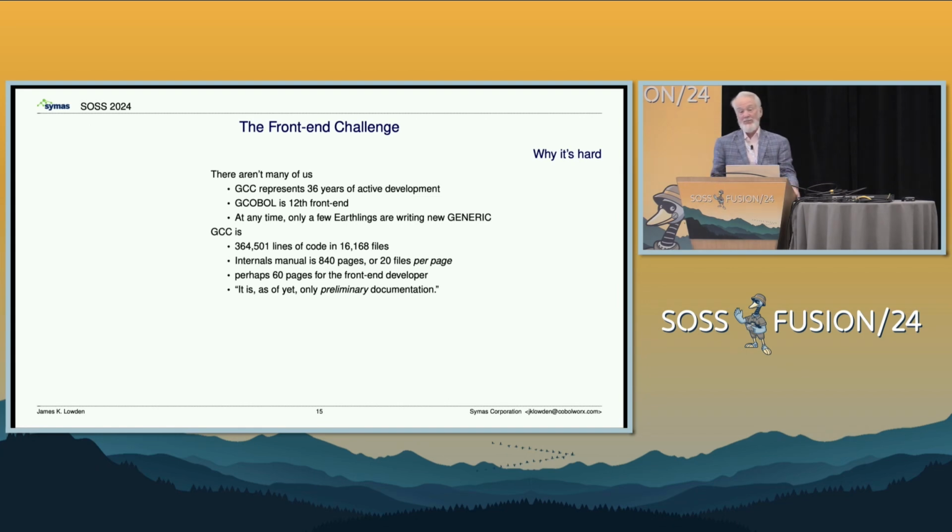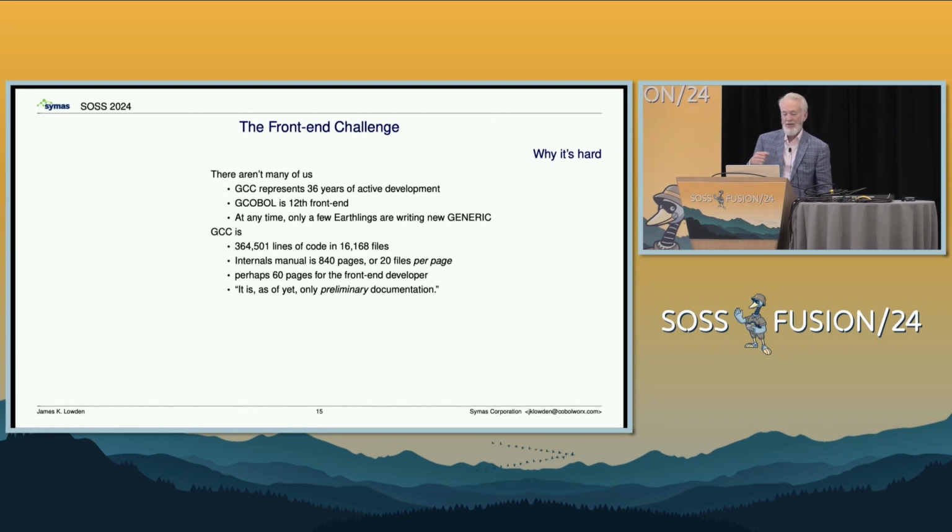It's a lonely job. If you want to write a compiler, be prepared to sit alone a lot of the time. And when you find you have a problem, be prepared to be completely alone with that problem, because nobody else has your problem. When you write to the Bison list and you say, why doesn't this work? They'll say, there are books you can read about that. So it is a good way to work all by yourself, which is fine with me, but you just want to know that's the story.